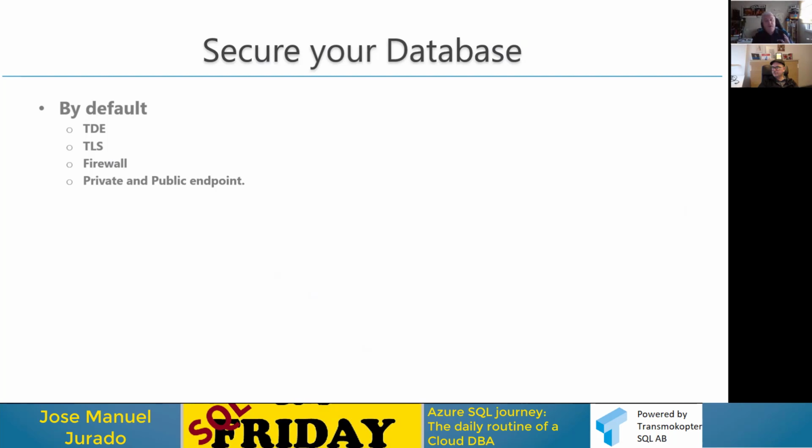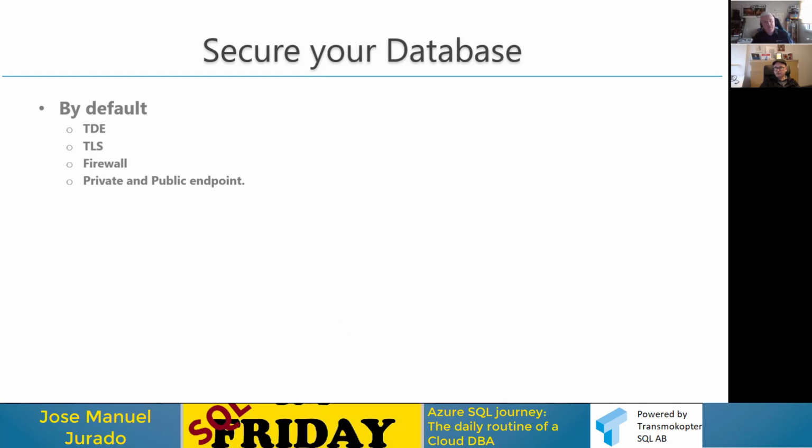We report this. Well, you need to know that in Azure SQL Database, you are not going to have direct access to your server. All the connections will go through a gateway. The gateway is a combination of hardware and software, an appliance and software, that validates the connection. We have many things in order to protect your connections, like protection against denial of service, DDoS, for example, incorrect passwords, etc. We have many mechanisms that I'm not going to explain because by default it's a secret, but the most important thing is we are going to protect your connection.